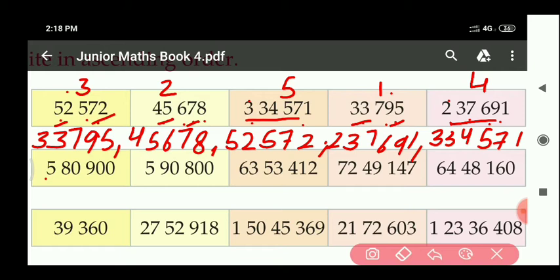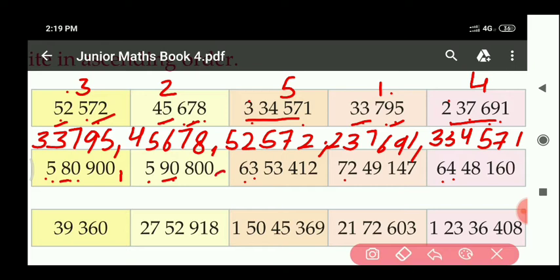As you can see, here all numbers are given up to how much place? It is given 5,80,000. It is 5,90,000. This one 63 lakh. It is given up to the 10 lakh place, and this is also up to the 10 lakh place, and this one also up to the 10 lakh place. Okay. So firstly, which one will be the smallest number? Lakh is smaller than 10 lakh. So 5, and here also 5. Both are equal. Next place 80,000, and here 90,000. 80 is smaller, so the first one will be this one only.